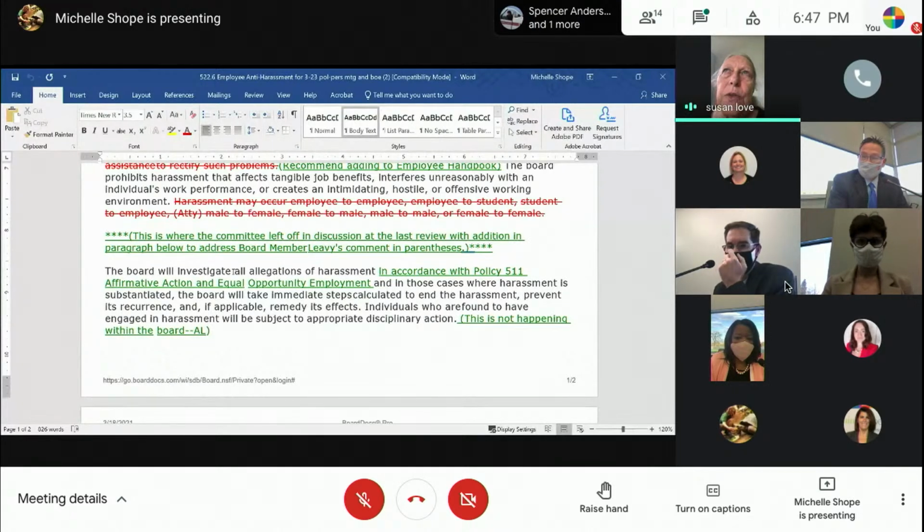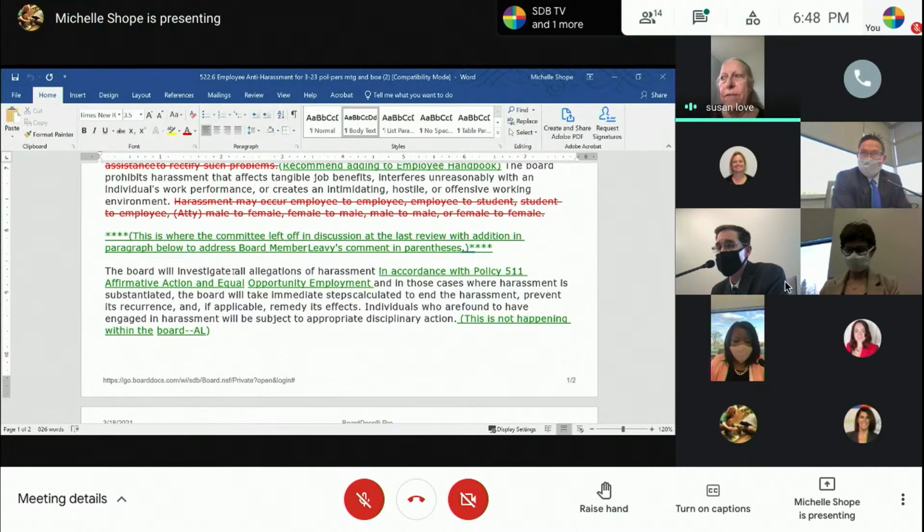The board doesn't do the actual investigation. Under 511, it addresses how the investigation takes place. And first of all, a complaint can be brought anywhere, not necessarily to a direct supervisor, but to another supervisor. That's addressed in 511, how that takes place. So my recommendation to address that concern is to delete the words "the board will investigate,"